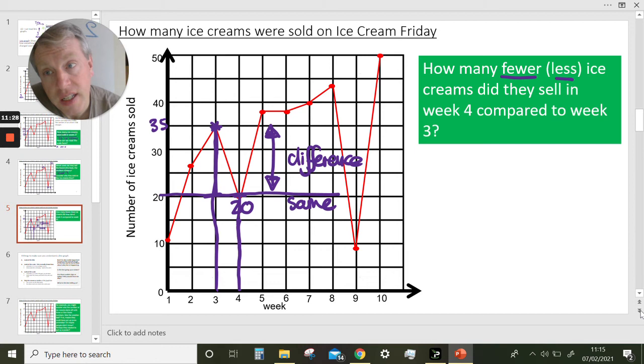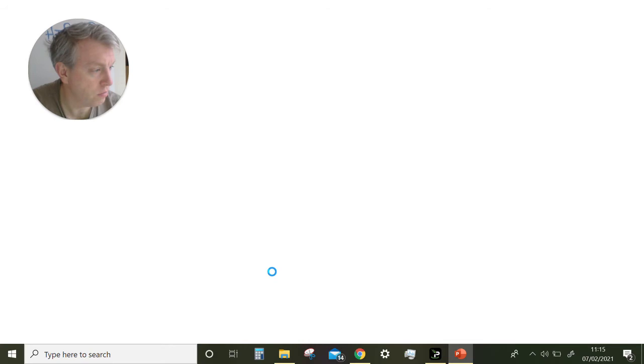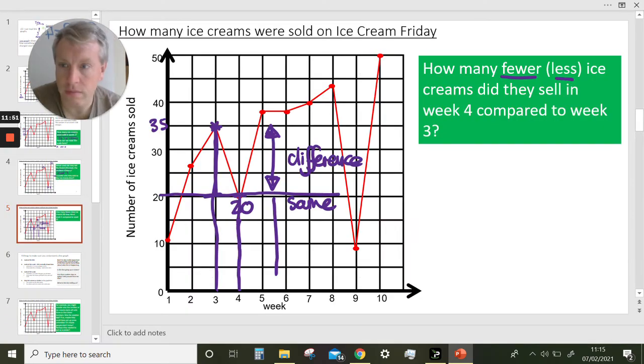I hope that's still working. This bit is the bit that is the same. So the difference is 35 take away 20 is 15. 15 ice creams less. Okay. Now,